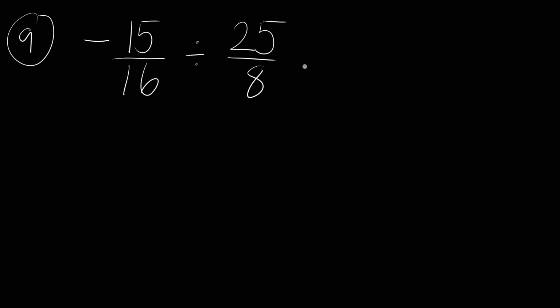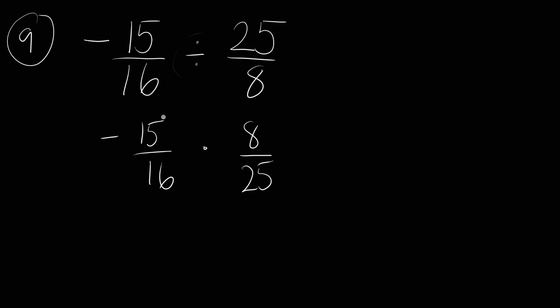Problem number 9. So negative 15 over 16 divided by 25 over 8. Whenever we're dividing fractions, what we need to do is change this division symbol into a multiplication statement. Therefore, what we are going to have here is 8 over 25 because you have to multiply by its reciprocal. But before you multiply 15 times 8 and 16 times 25, you have to try to reduce, simplify as much